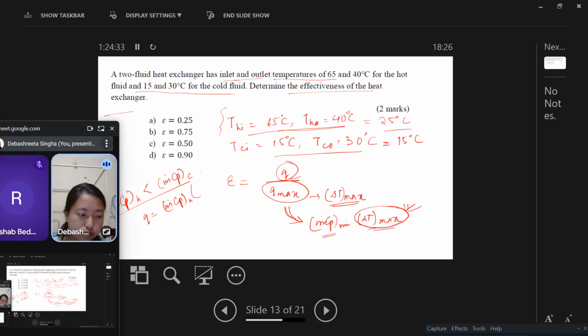So there is a very tricky thing here. The formula for Q max is this, okay? M dot Cp, which is minimum, into delta T max. But you have to be very careful with this delta T. In this formula of Q max, MCP min and delta T max, this is not specific to any fluid, but this delta T max is the maximum temperature difference which can be attained at any point of the heat exchanger. Okay,